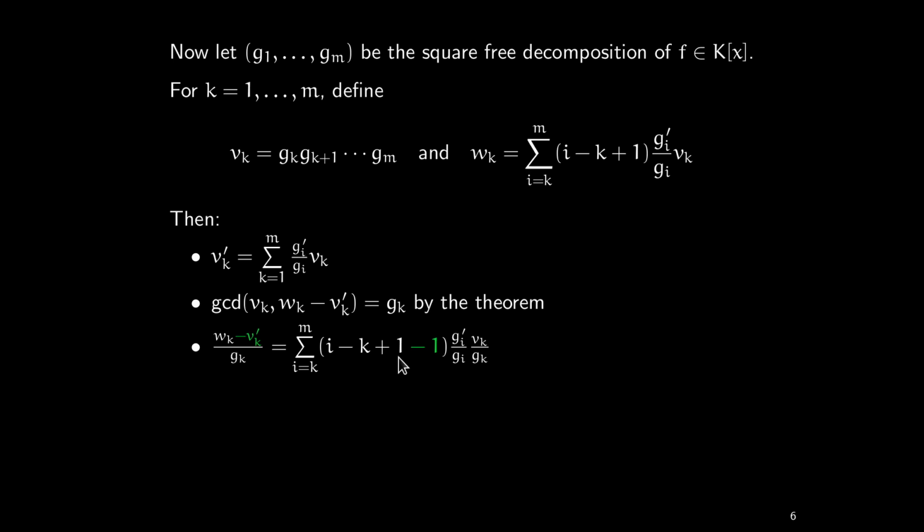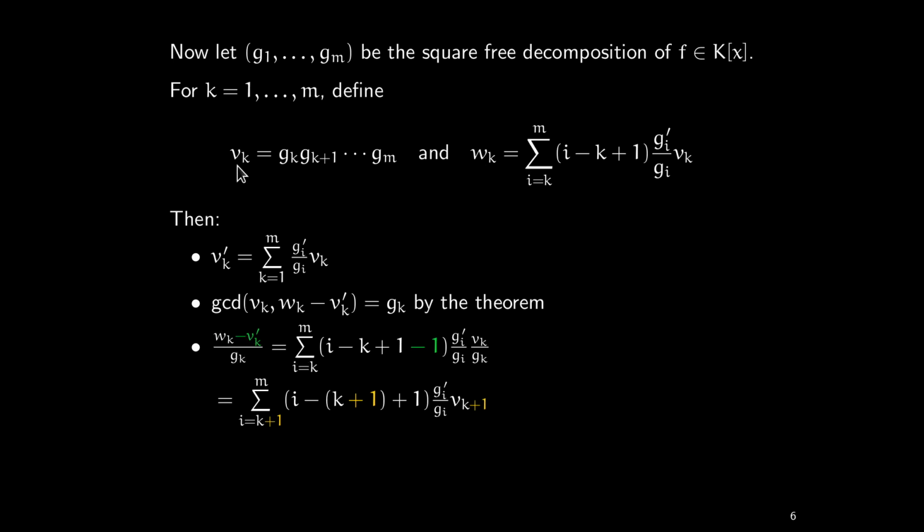Okay. Now you can simplify this and say I let the k run from one index later, because for i equals k you get 0 here. You get k minus k, and 1 minus 1, that's 0. So let's have the sum starting one step later, and then you can rearrange here and say this minus 1 becomes a plus 1 in this minus, okay, and this plus 1 is the plus 1 here. And here you can also say what I already said before, the vk divided by the gk is the vk plus 1. So what we have shown is that this expression here is exactly the next w. Oh, this is clever,